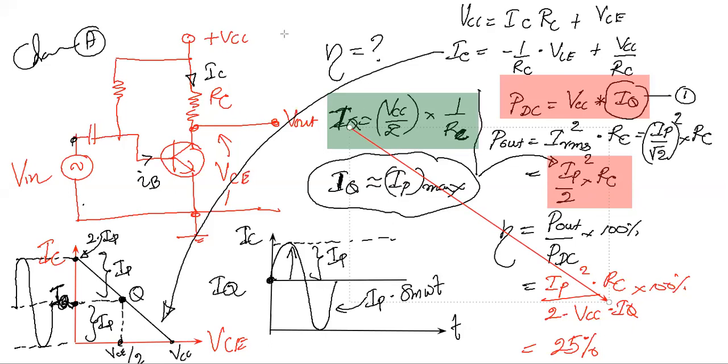So this IP value also, you have to substitute here. You have the IP value, therefore just substitute that one also based on this IQ. Then you can easily reach this location. This is the amount we derived for series feed class C amplifiers. That efficiency is around 25%. Just try to solve.